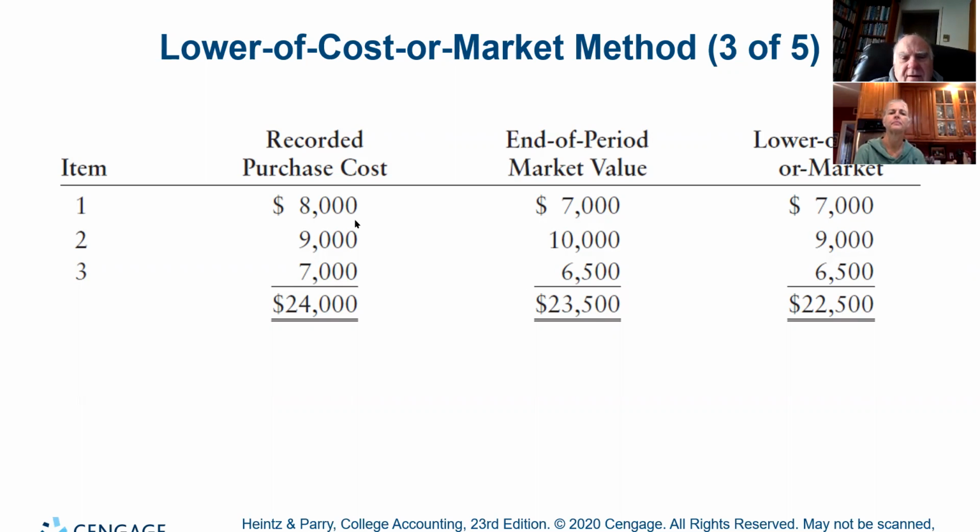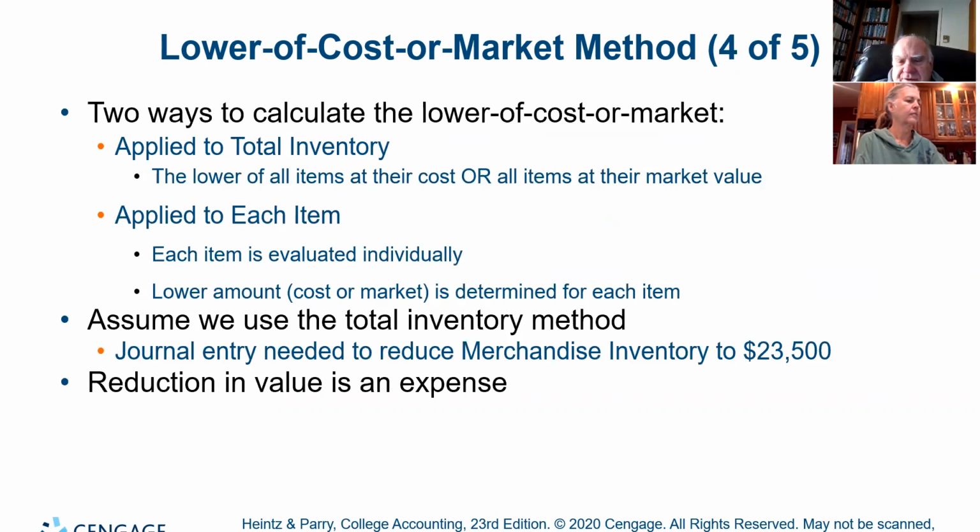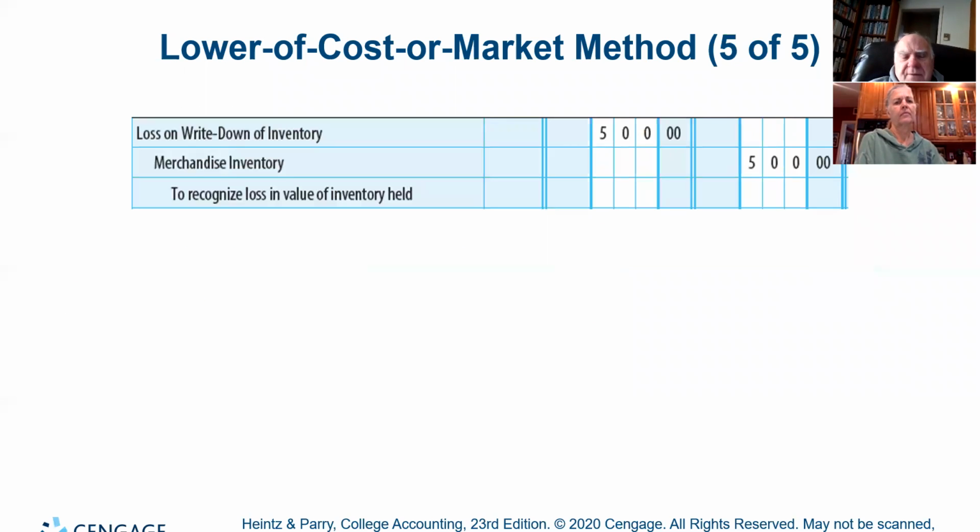They should be selecting one of these three pairs of numbers, and that becomes your new inventory. So I say the number's 1,500. They say 500. But the important thing is to look at your journal entry. You're going to debit loss on write down of inventory and credit merchandise inventory. So that goes right down to your net income. That's a loss.